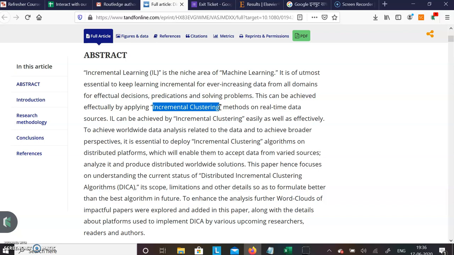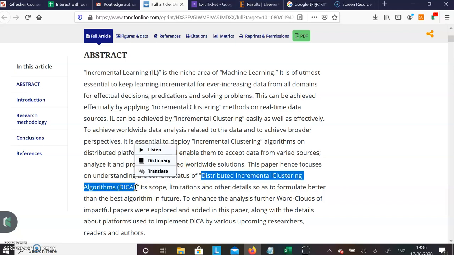In incremental clustering, the newly added rows will be clustered first and will be appended to the existing or basic clusters which were formed in the first iteration, and thereafter either new clusters are formed, or the data is appended to an existing cluster. So this is the concept behind incremental clustering, and it is easily feasible to perform incremental learning via incremental clustering. This is the basic concept given in this abstract, and later on we have moved on to